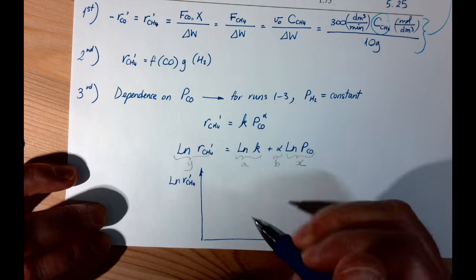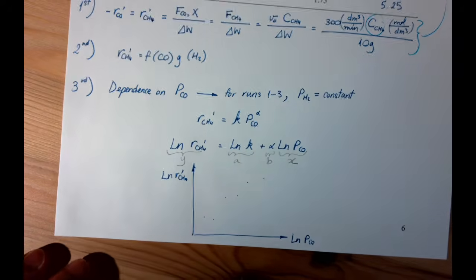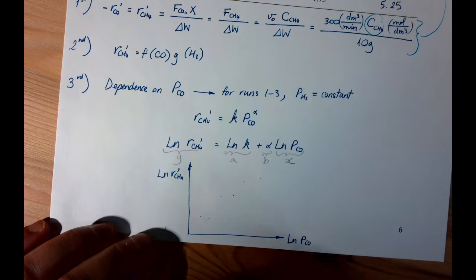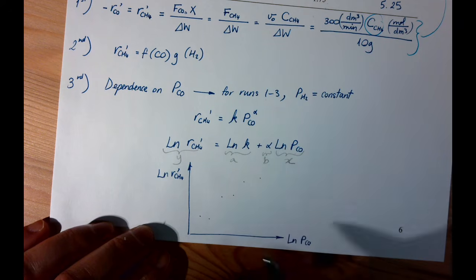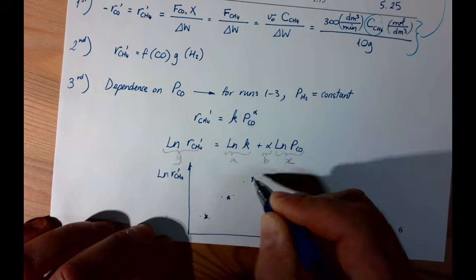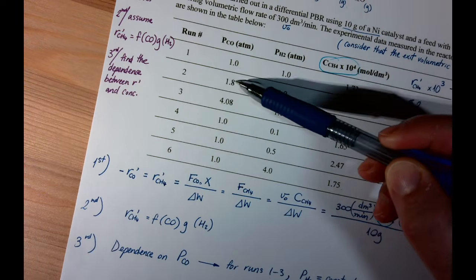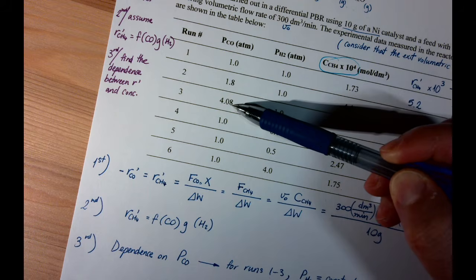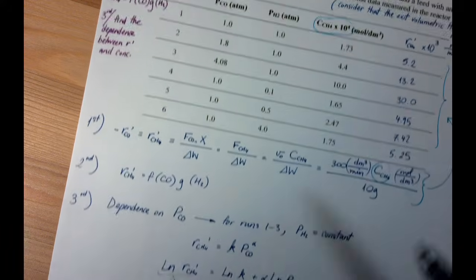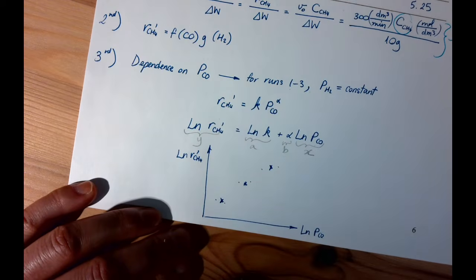When you represent your points, do this in Excel and do a linear regression. Actually, you're only going to have 3 points. Forgive me, just represent your 3 experimental points for these runs, the natural log of pressure versus the natural log of the rate. When you do a linear regression with those 3 points,